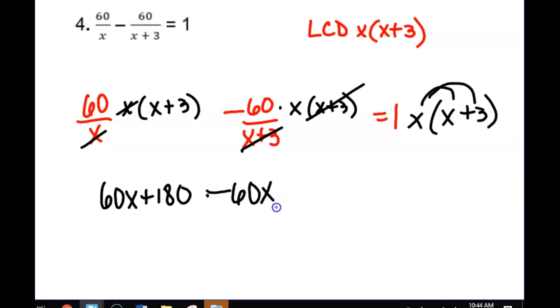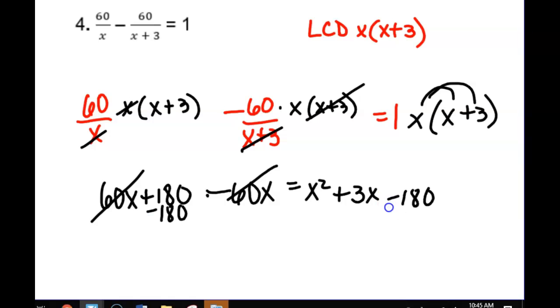You know what happens a lot on the quiz is everybody just leaves it equals 1. That's not a good plan, right? Whatever you do to one side, you got to do to the other side. So we get x squared plus 3x when we distribute. That's 0, but if I subtract the 180 over here so that it equals 0,